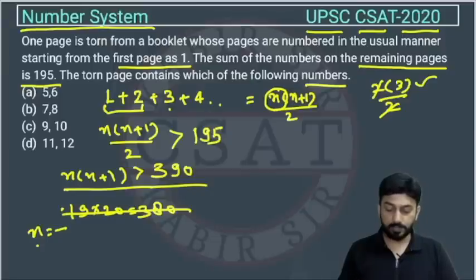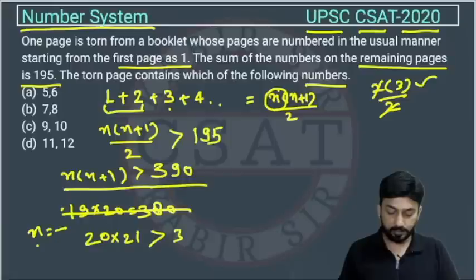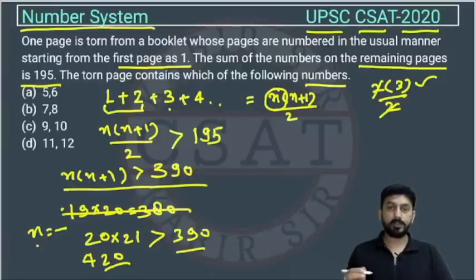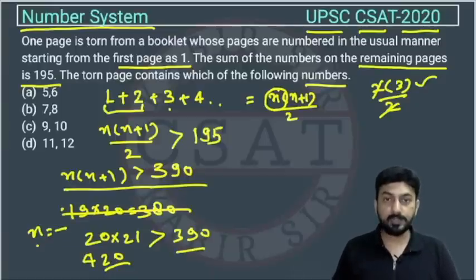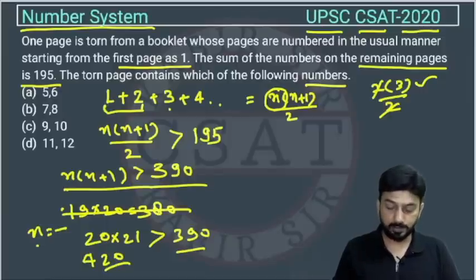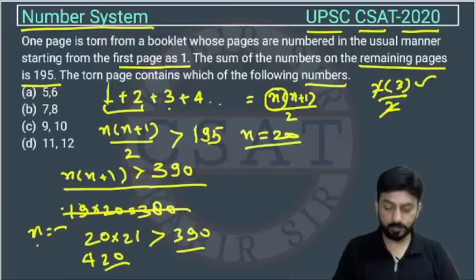then n+1 will be 21, so how much we are getting here, 420, so this value is greater than 390, right। so we will take the value of n as 20, क्योंकि फटा हुआ पेज है इसलिए एडिशन कम आ रहा है, राइट। सो n की वैल्यू कितनी होगी, n is 20, राइट।